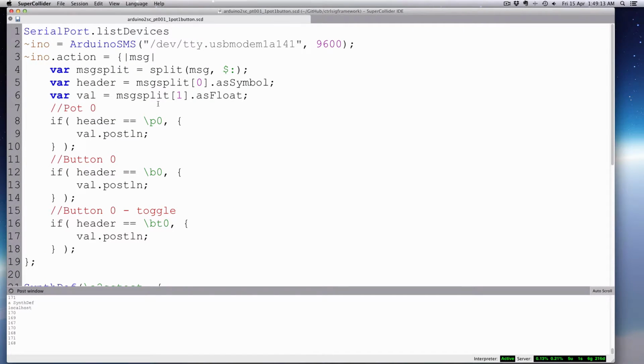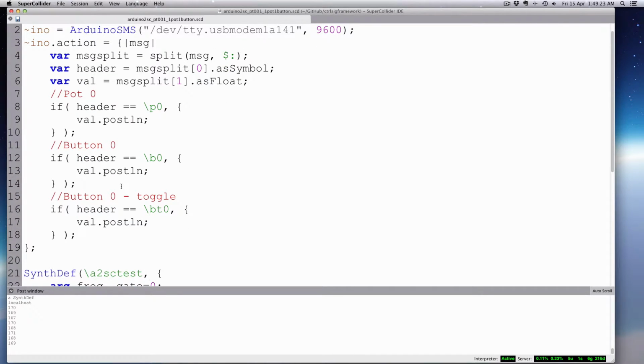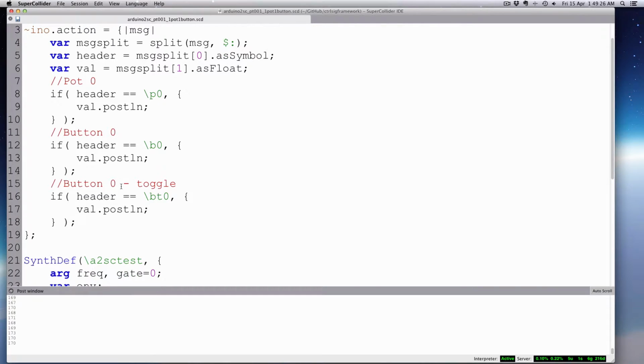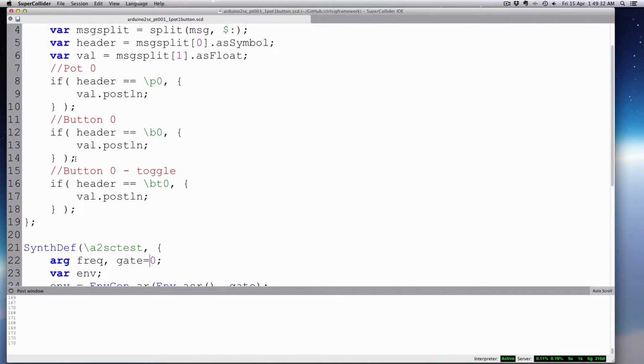And so we're going to update our action now, so that every time I press the button, the toggle button, for example, we'll have this button. Okay, if I press it, it's going to be a 1 or 0, right? The value is going to come in as 1 or 0. And we'll just have it turn the gate on or off. Okay, so we'll just use an if statement here then. Okay, so we'll say if val is equal to